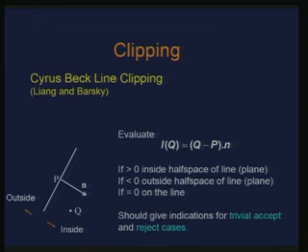This is equivalent to the trivial acceptance of the Cohen-Sutherland algorithm. And similarly for the rejection, because that bit code was just trying to do this inside outside operation with respect to the half space defined by the window edge. That is precisely what it was doing. So, we can do it in this fashion as well. These two are basically equivalent as far as the computation goes.